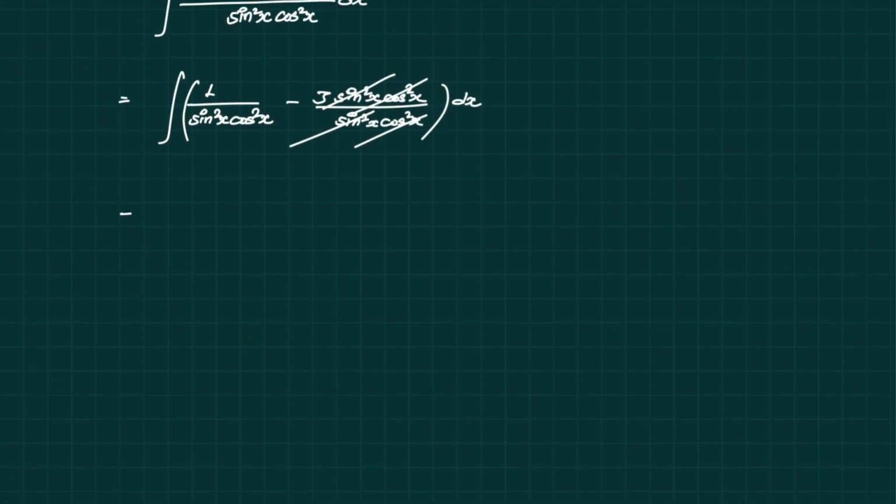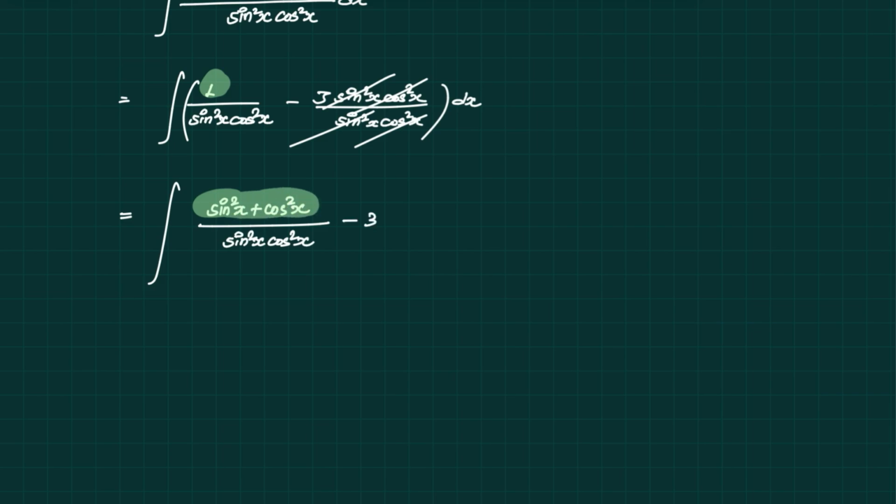So this equals, now again in place of this particular 1, let us write sin square x plus cos square x, whole divided by sin square x cos square x. So instead of that 1, I wrote sin square x plus cos square x, minus 3